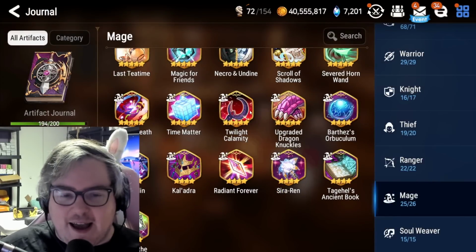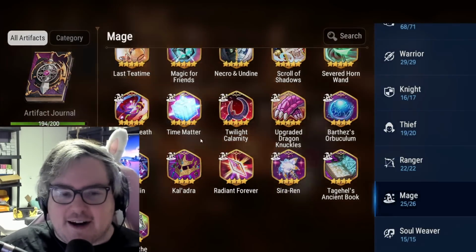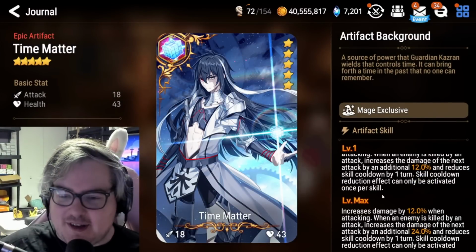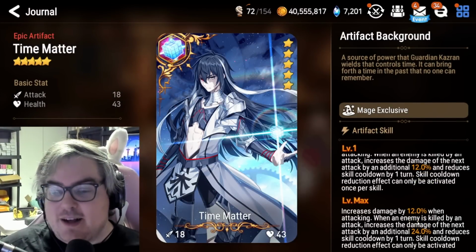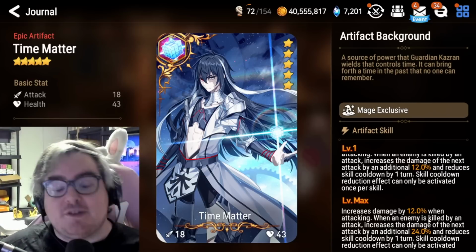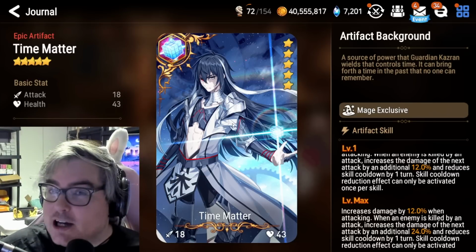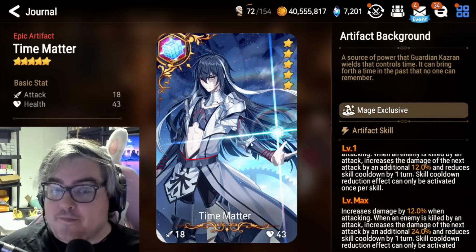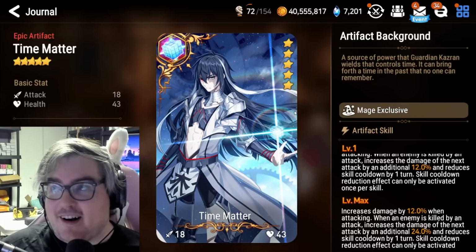What do we have next? We have Time Matter, and Time Matter right now is kind of funny. So it increases damage by 12% when attacking, and when an enemy is killed by an attack, increases the damage of the next attack by an additional 24%, and reduces skill cooldown by 1 turn. So I've never actually used this artifact in any real situations, but this is best in slot for a